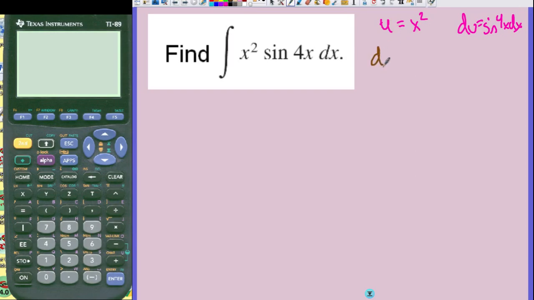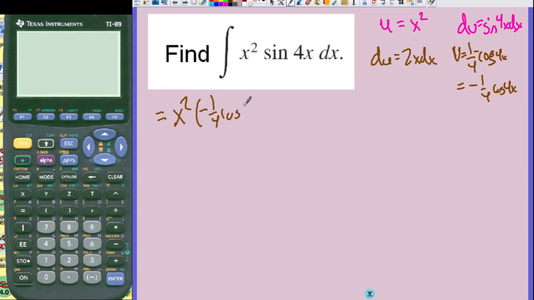If I derive the u, I get my du is 2x dx, and dv is going to be the integral of this, so v equals 1/4 cosine, or negative cosine of 4x. So I'm going to write that better as negative 1/4 cosine of 4x. All right, so plugging that in, I get u, x squared, times v, negative 1/4 cosine of 4x,